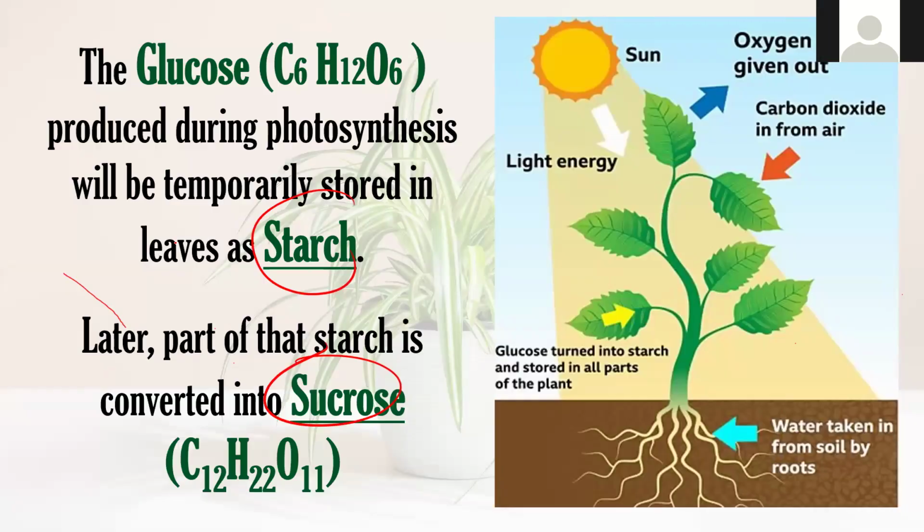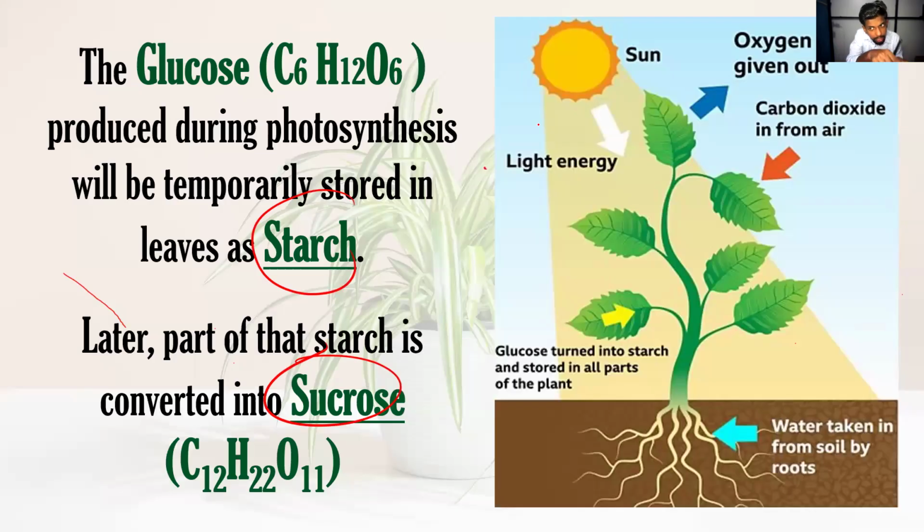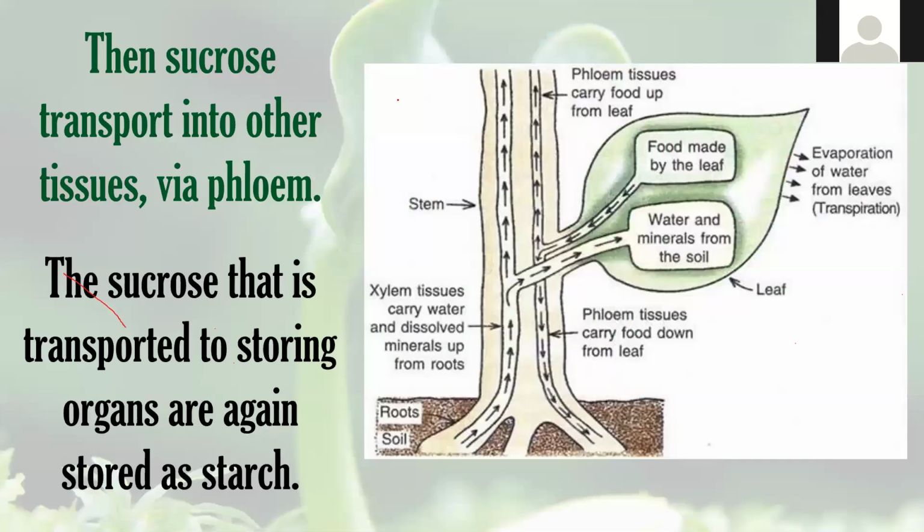You know, glucose is produced. In this equation that I have mentioned here, the glucose is produced. This glucose will be converted into starch and it will be stored in the leaf, not permanently, temporarily. The starch will be there in the leaf. And later what will happen? That starch will be converted into